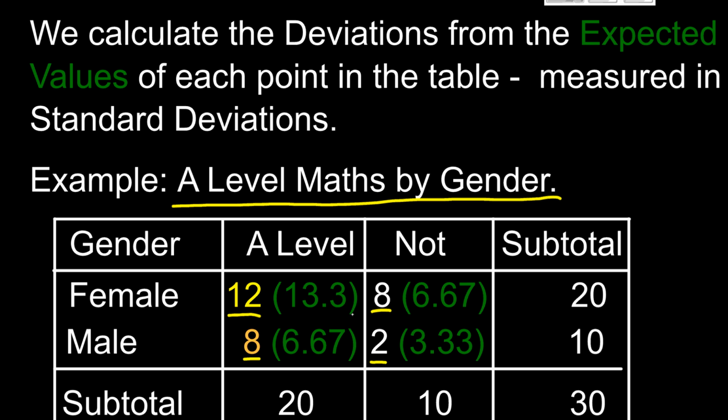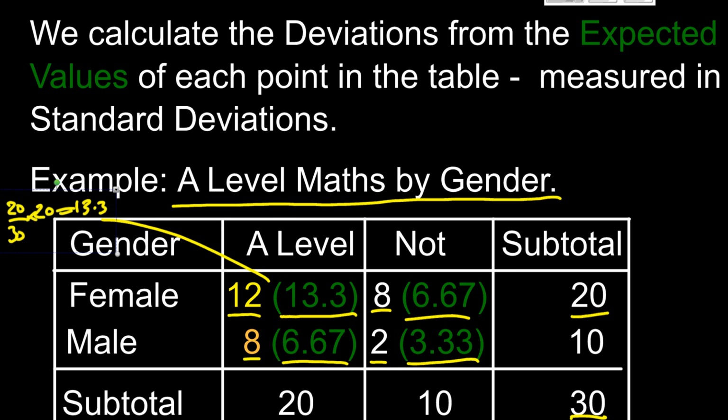would do A-level maths, because that would be, well, it's 20 out of 30 is our overall probability here, isn't it? 20 out of 30. And what have we got here? And then we've got 20 of them. So that one will be 20 out of 30 times 20 would give us 13.33, etc. Okay, and we can work out that value for each of the positions and see how far